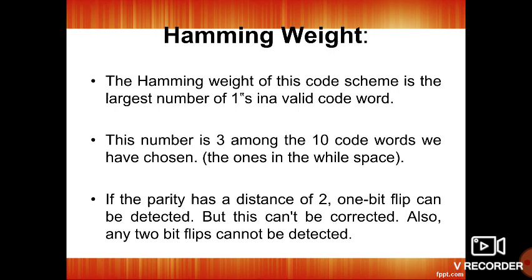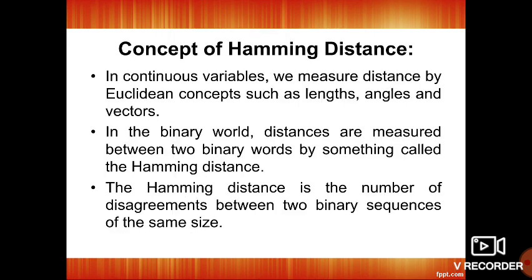The Hamming weight of the code is calculated as the largest number of ones in a valid code word. We have to count the number of ones. The number of ones in a code word is called the Hamming weight. If the number is 3 among the 10 code words we have chosen, then we can tell that the Hamming weight is 3. If the parity has a distance of 2, one bit flip can be detected,